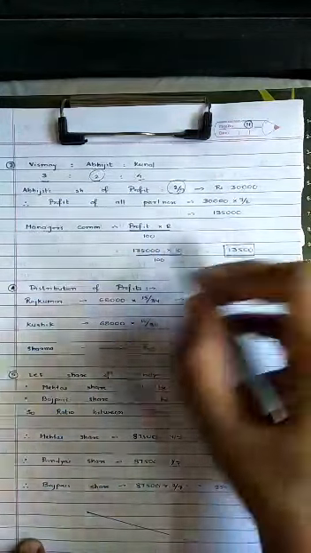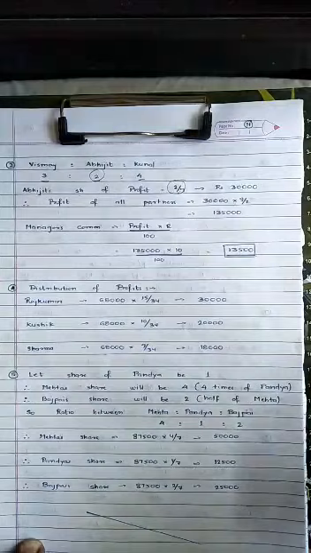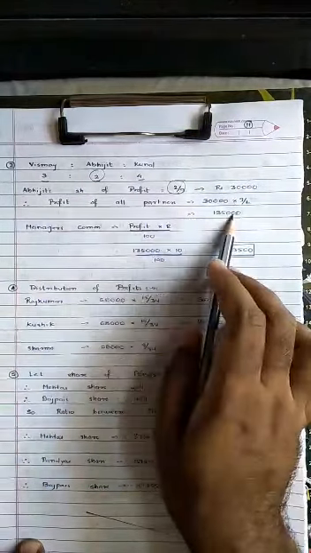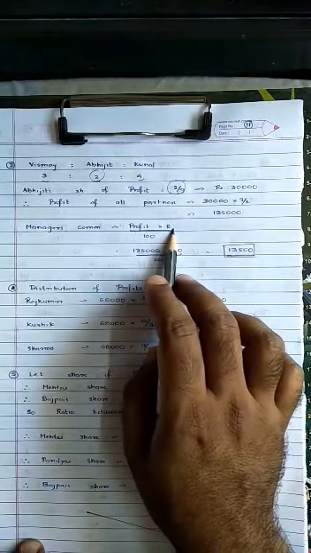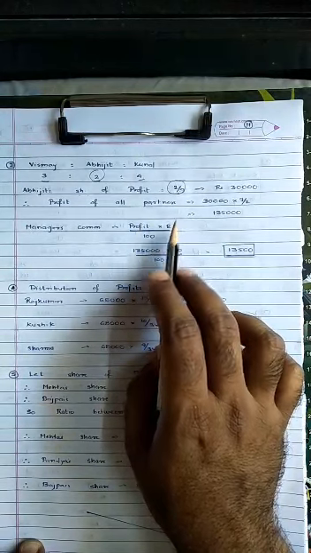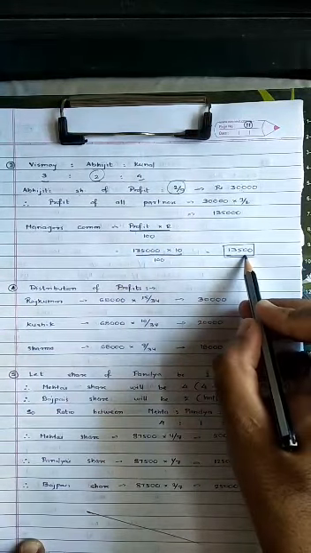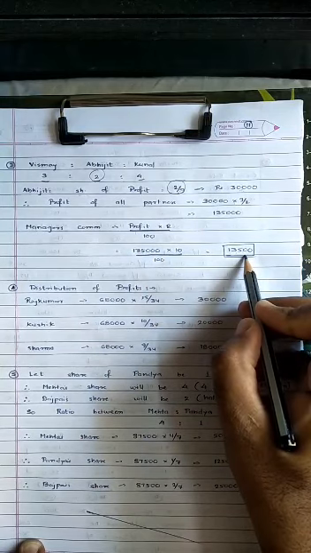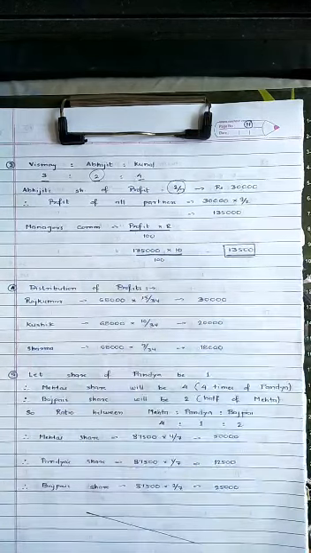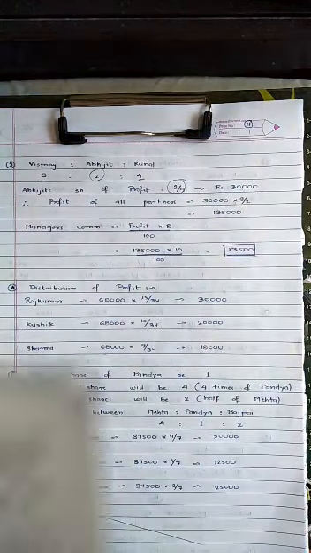Now this is the profit of the entire firm. On this profit the manager was entitled to a commission of 10%. So the profit of the firm, 1,35,000, into the rate of commission for the manager, that is 10 divided by 100. On simplification it will give 13,500. So this is the way of calculation of commission for the manager. Now coming towards the fourth question.